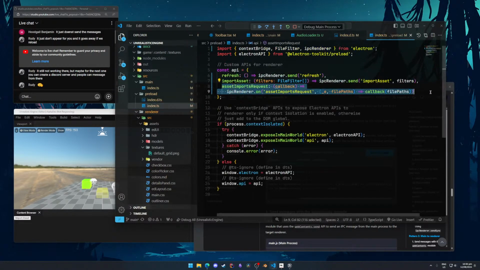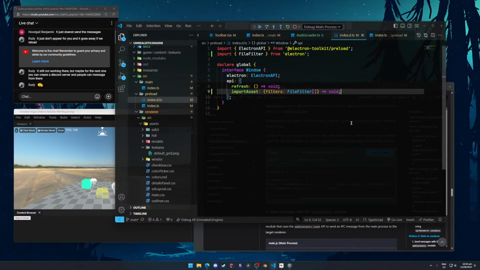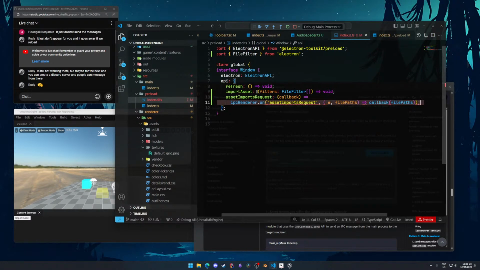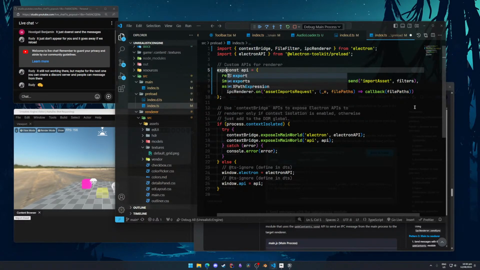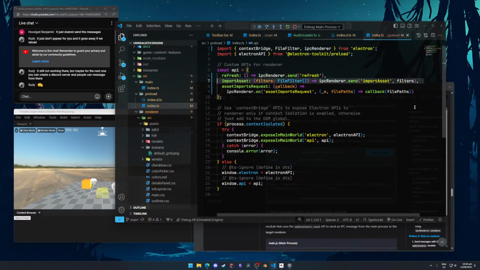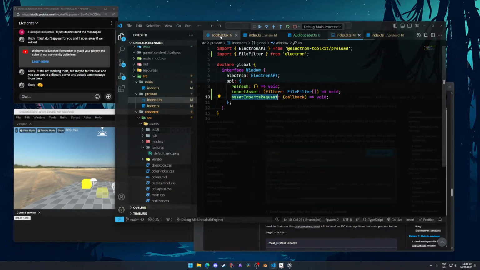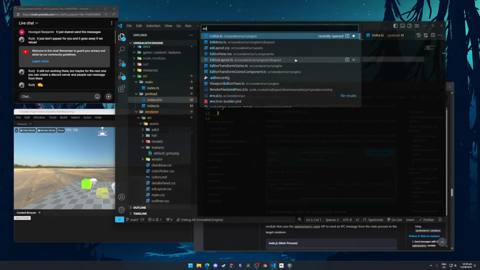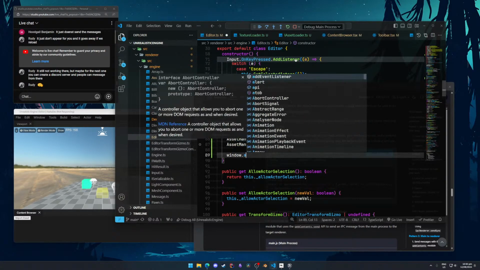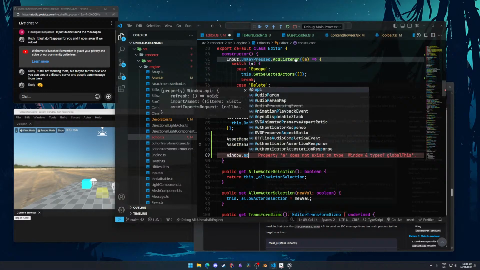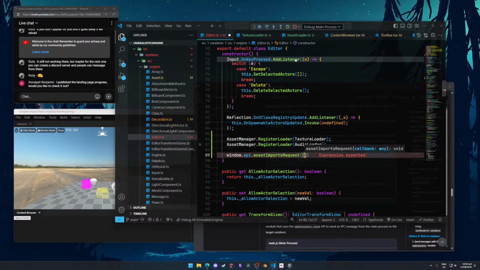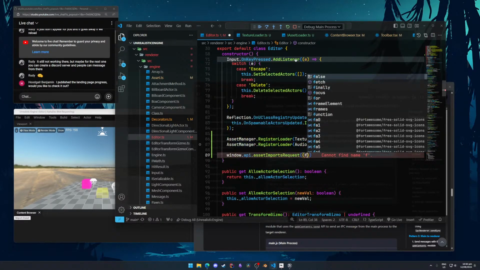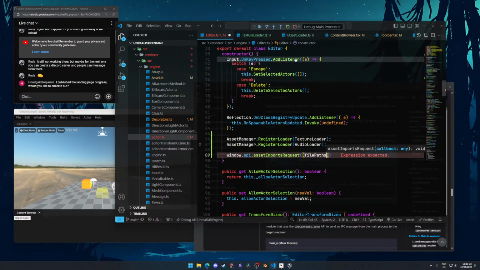Do I really need to declare this stuff twice? This feels weird. It's like having a header file in C++. And it returns void. I feel like, couldn't I just export the type from here? Or something? No, whatever. Okay, asset import request. Go back to the editor. No API dot asset import request, and that callback is gonna have file paths